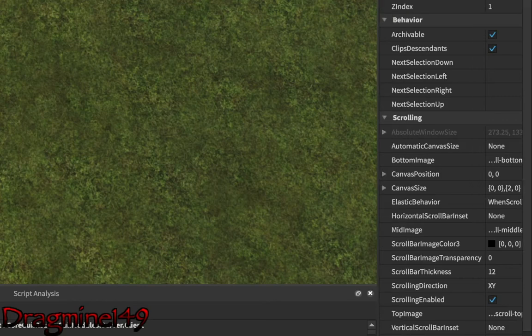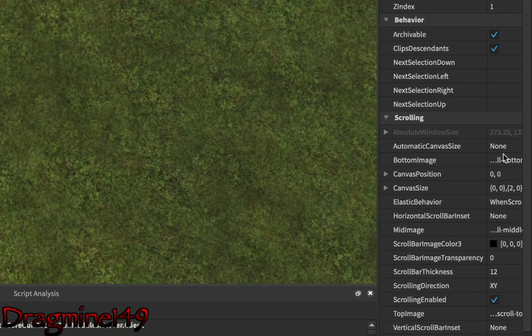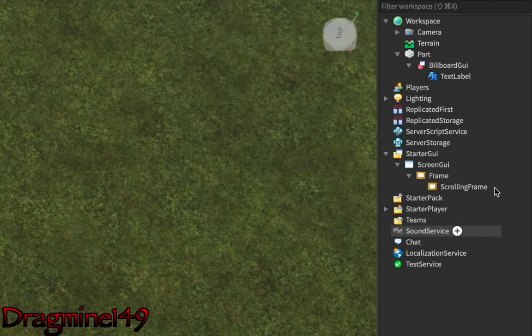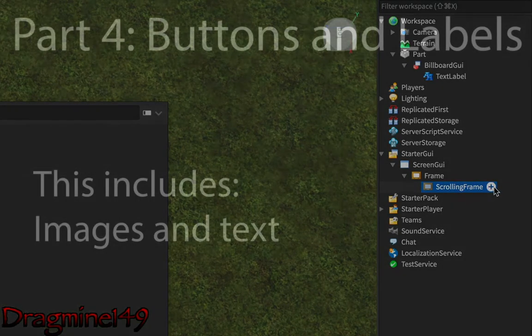The scrolling is the images for the scroll bar, the canvas position, where the scroll bar is, the transparency, thickness. You can play around with that if you want. I am not going to play around with that. Normally I would leave it the same as it's just easier. We've talked about frames, those two frames, and the screen GUI. So now let's go on to the next thing.